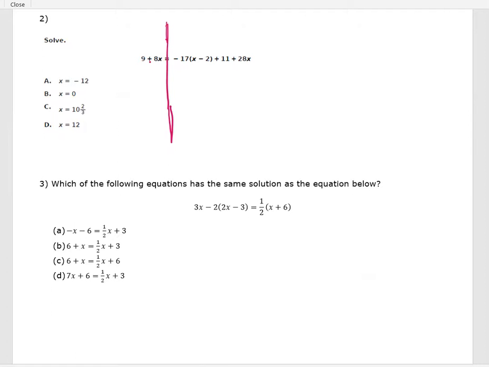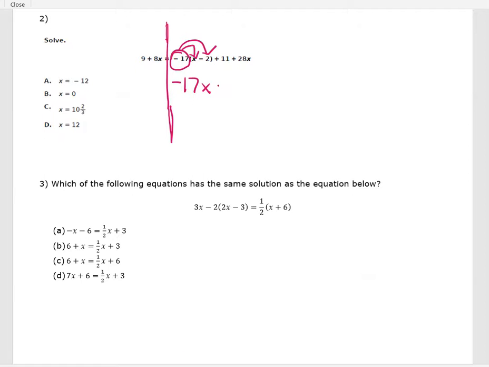Great. So I have 9 plus 8x. I can't really do anything over here. Over here, I have all this other stuff. So instead of being intimidated by that, I'm going to go ahead and just circle that 17, draw my arrow, and distribute that. So I have -17x,